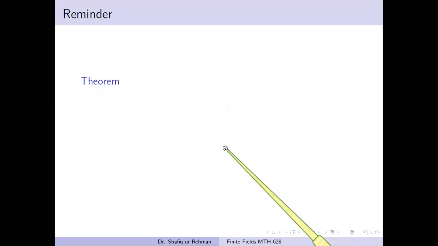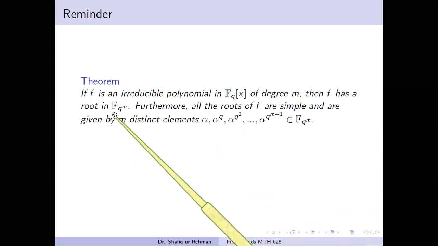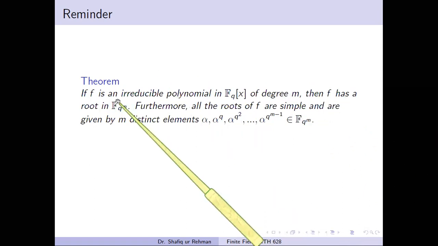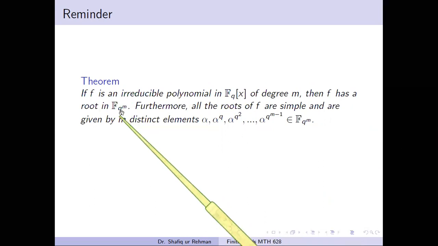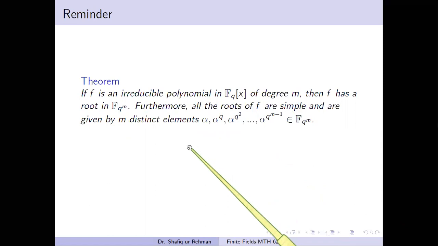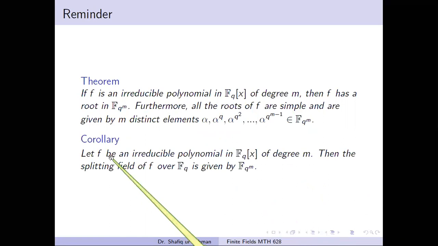And now we recall a theorem from the previous lesson. If f is an irreducible polynomial over the field Fq of degree m, then f has some root, let's say alpha, in this field Fq^m. The degree of f is m, so it has at least one root in Fq^m, and further all the roots of this polynomial are given by these powers. So one thing is sure, that in case of finite fields, all the roots of the minimal polynomial of the algebraic element will remain inside this field. And from here we conclude that